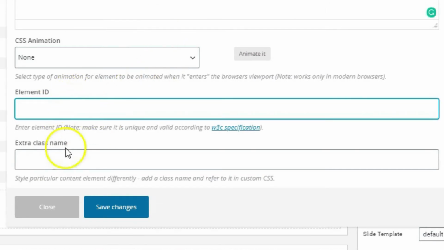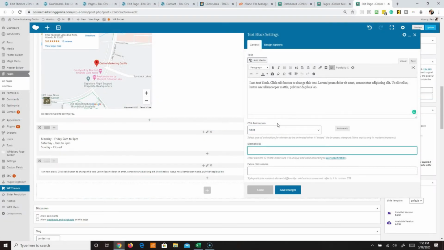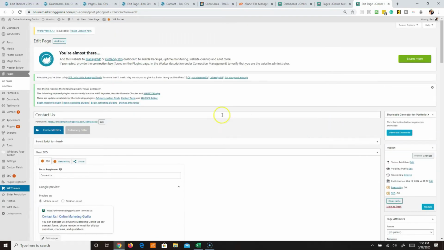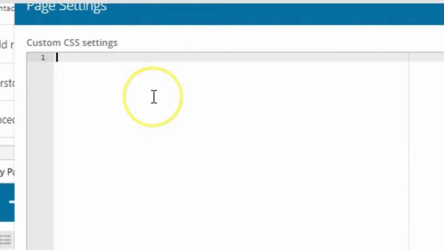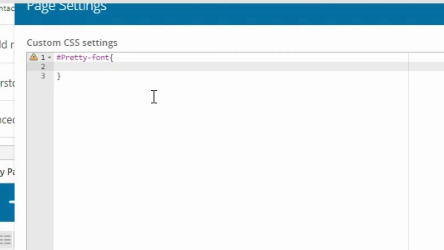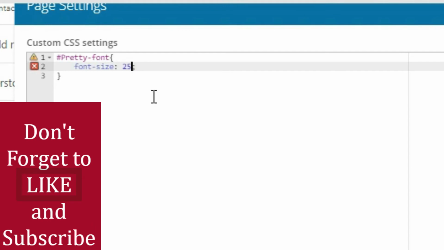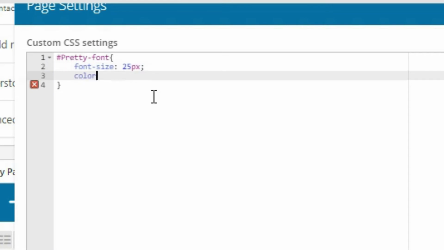Here's where you could add an element ID or an extra class name, and then you could target the element ID. So in other words, let's say I wanted to target this element ID and call it pretty font, and then I go copy, I hit save. And let's say for this particular font, I want to make it look different than anything else. So I'm going to go ahead and add my ID, and I'll call this, font size 3M. Or if you're used to using a font size directly, say 25 pixels, and let's say color will be orange,